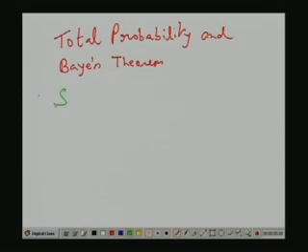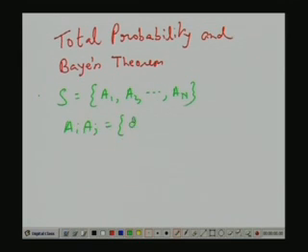Suppose S, that is the certain event, that is the total set, has a partition in this form A1, A2 up to, say, A capital N. Means A1, A2 up to An are subsets of S which are mutually exclusive and their union equals S. That is, Ai intersection Aj is phi if i is not equal to j, and A1